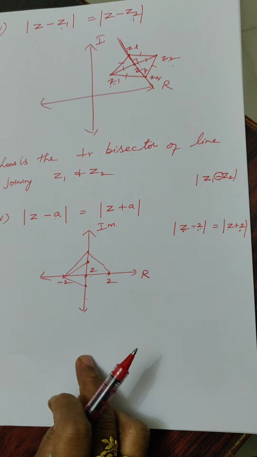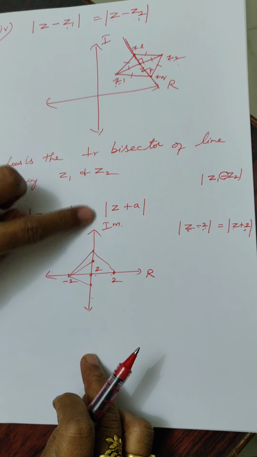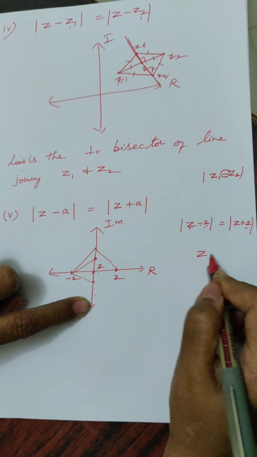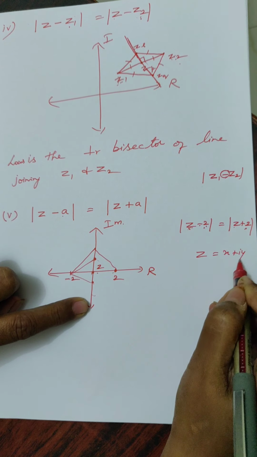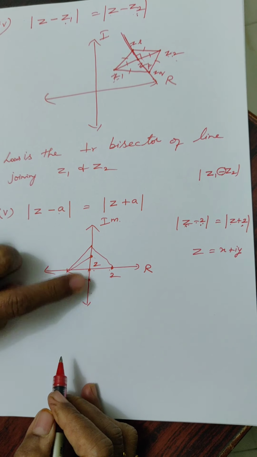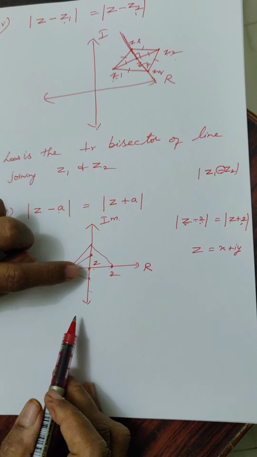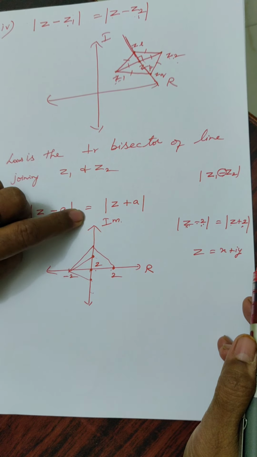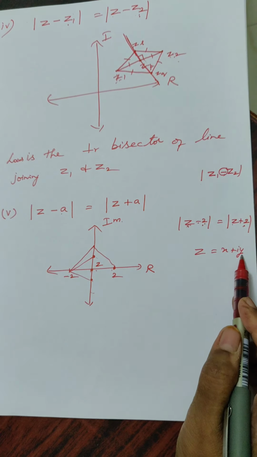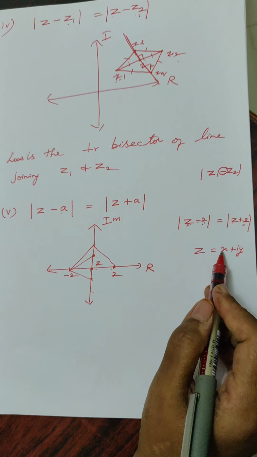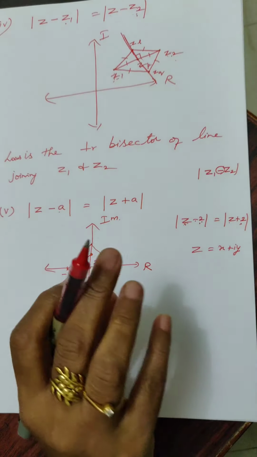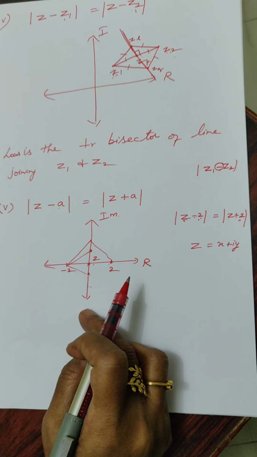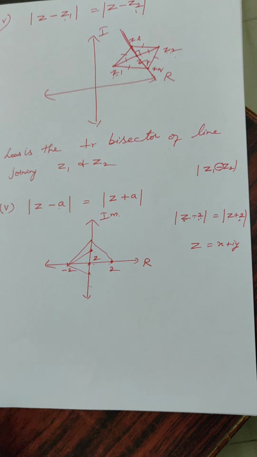The imaginary axis, according to our coordinate system, is nothing but our y axis. If I take z equal to x plus iy, we are getting the answer as purely imaginary numbers: the imaginary part is 0, 1, 2, 3, or 1 by 2, 1 by 3. So there is no real part. Or according to our Cartesian system, what is the equation of the y-axis? The equation of the y-axis is x equal to 0.